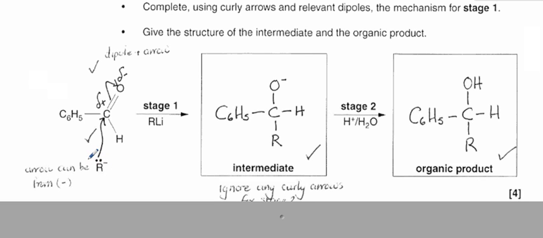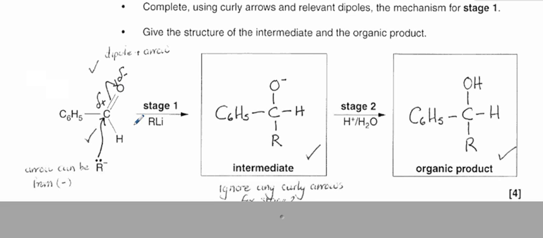I suggest you put on your lone pair and then your curly arrow to the carbon of your aldehyde, delta plus on the carbon, delta minus on the oxygen, because the oxygen is more electronegative. Don't forget that you need to break this bond between the carbon and the oxygen, those electrons going to the